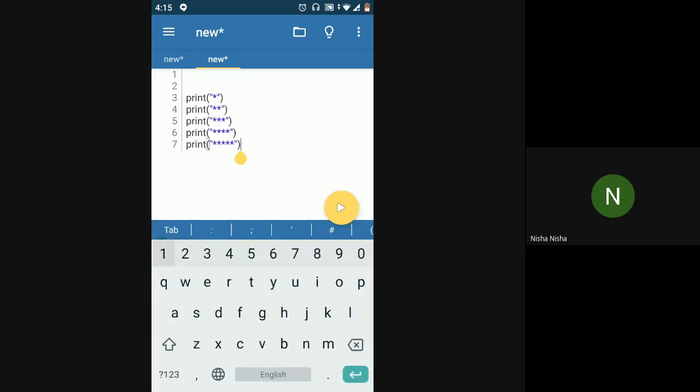But if I want to do it using a for loop, my question is, how do I do it? A for loop for printing patterns. First thing, why are we using a for loop here? Can anyone guess why not a while loop? Why are we using a for loop while printing this pattern? Any guesses? It's okay if it's wrong. Ma'am, we know how many times the loop has to be run. Right, exactly. That's great.